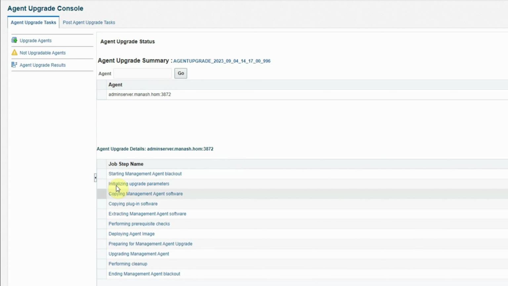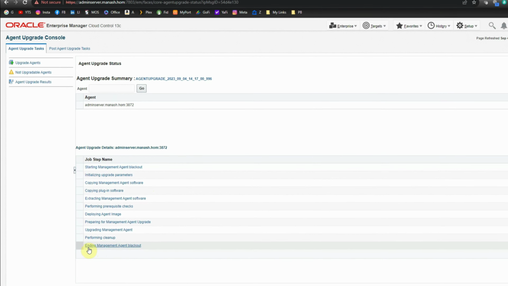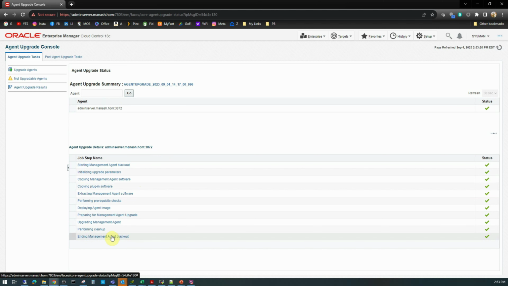If you want, you can click on the individual steps to see the details of each of the steps and what activity it has performed. For example, ending management agent blackout. Let's click on that and see what is there. And it will go to a detailed page